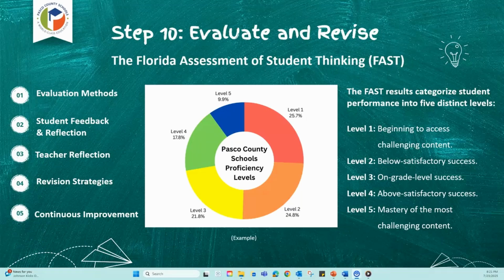To evaluate a Pasco County middle school science class, we focus on student performance on the Florida statewide science assessment for grades 5 and 8. Ensure alignment with Next Generation Science Standards. Formative evaluation uses Pasco tools like Canvas quizzes, Kahoot, exit tickets, science journals, and peer or teacher feedback. Summative assessment includes a standards-based test and project rubrics.